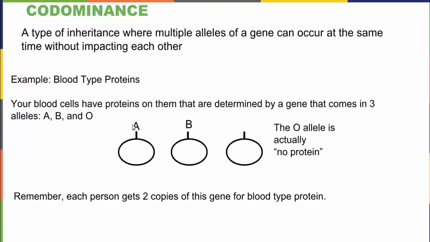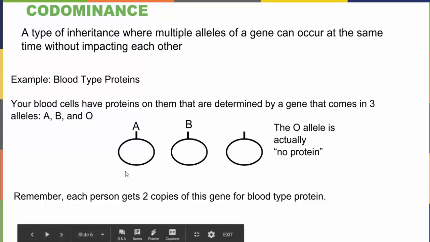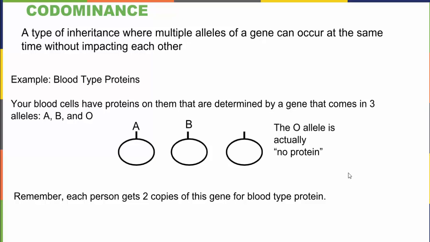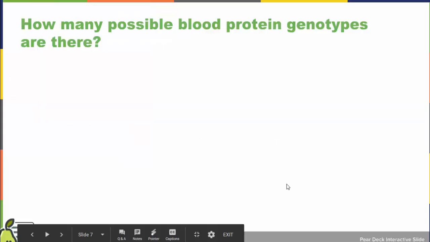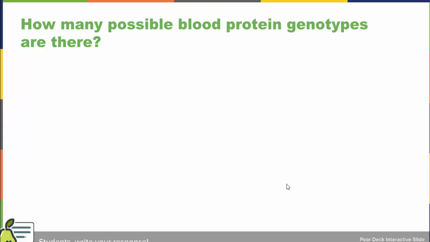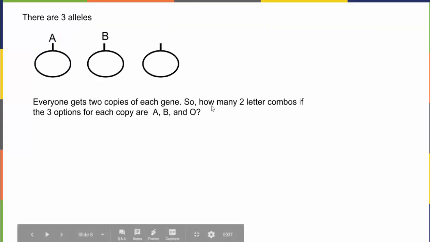So if we have these 3 options of allele, A, B, and O, okay, and everybody gets 2 copies, think of all of the combinations that can occur. Maybe pause the video here if you're going to think about it and try to write them all down. And then I'm going to move on and explain it. So if there are 3 alleles, A, B, and O, and everyone gets 2 copies,